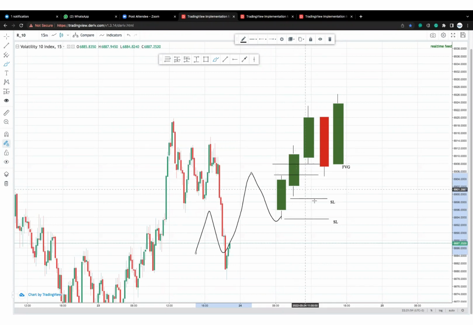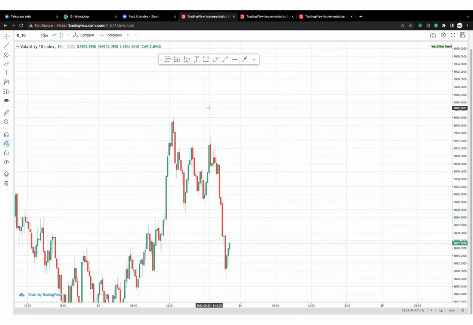Now, these fair value gaps actually offer high probability when they occur in other blocks. The fair value gaps offer high probability setups when they